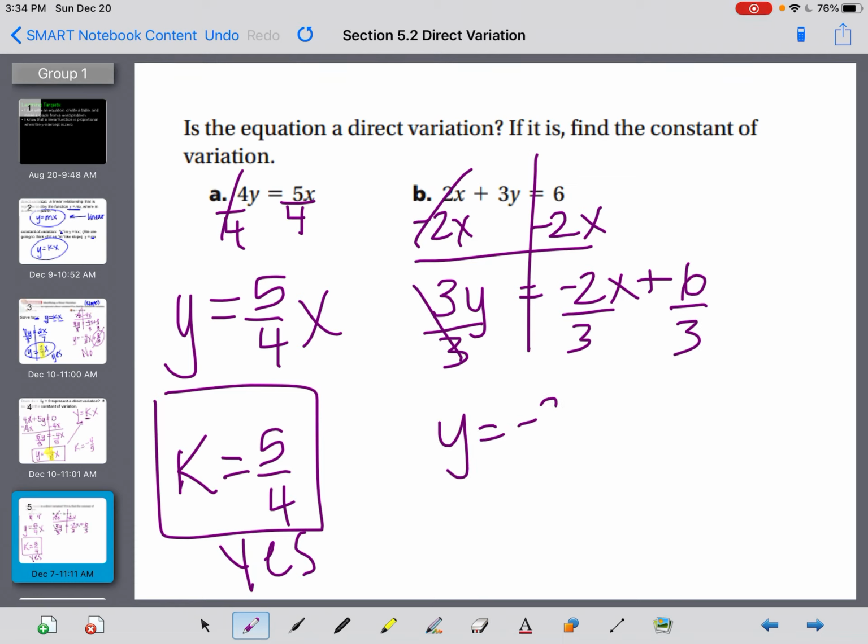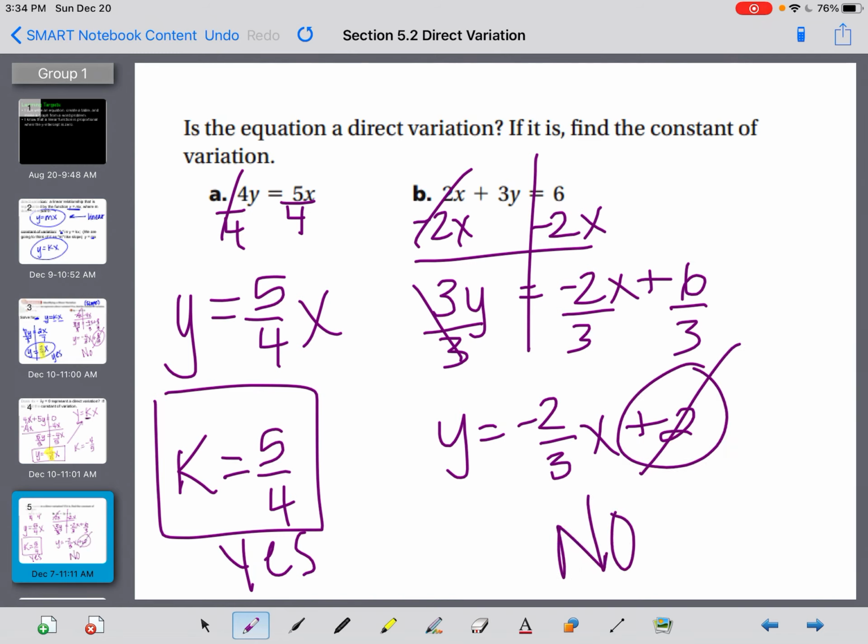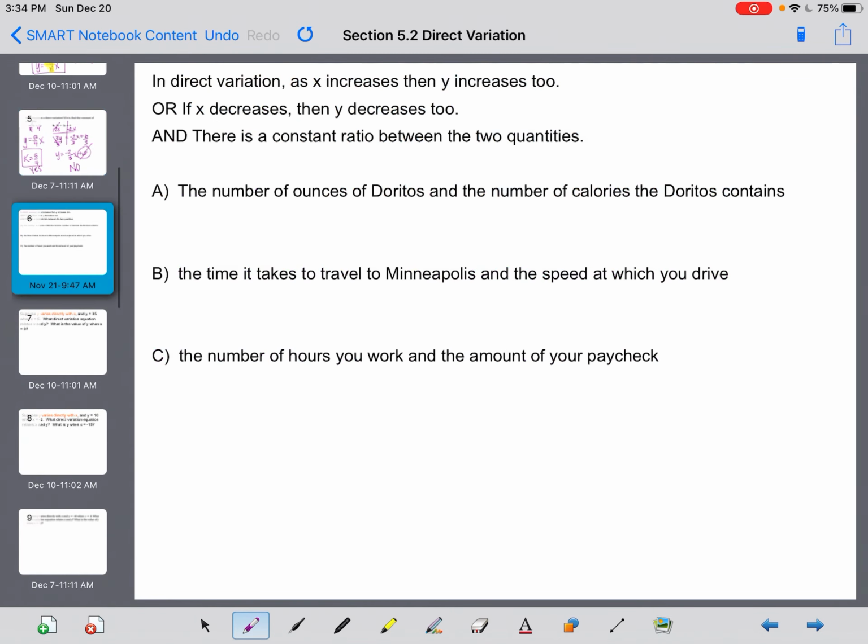Because we have that extra 2 right here added on at the end, this makes it not a direct variation. All right,